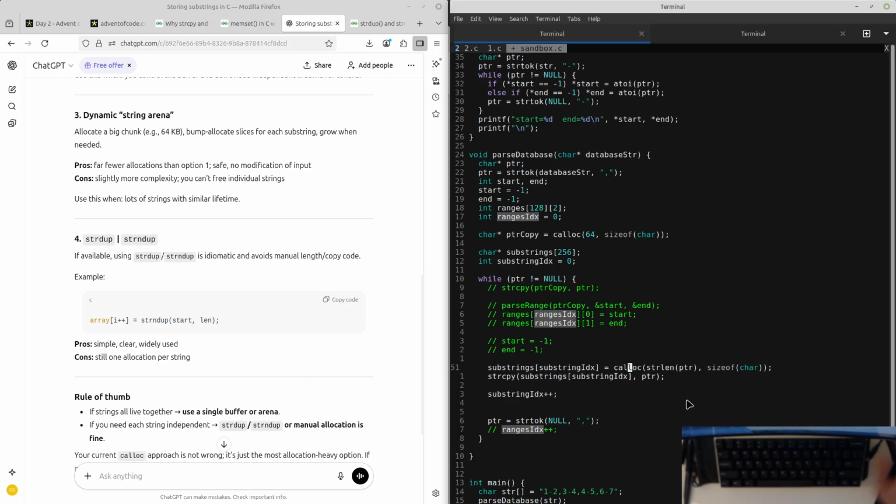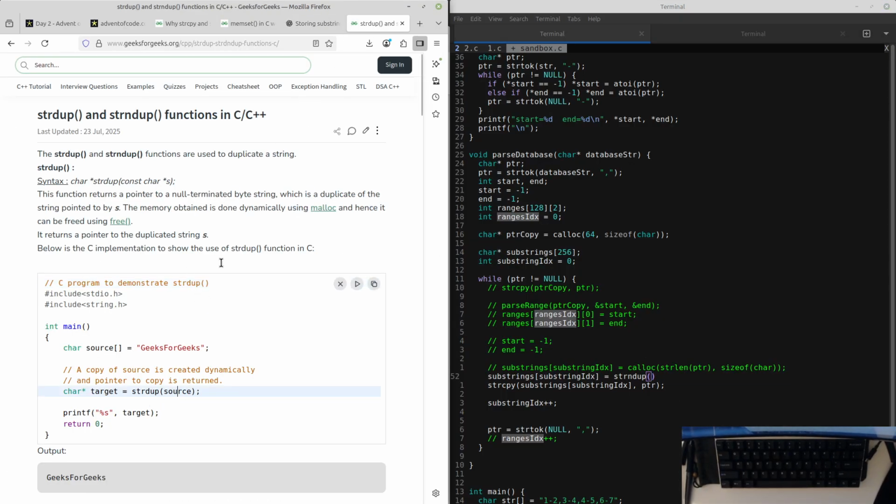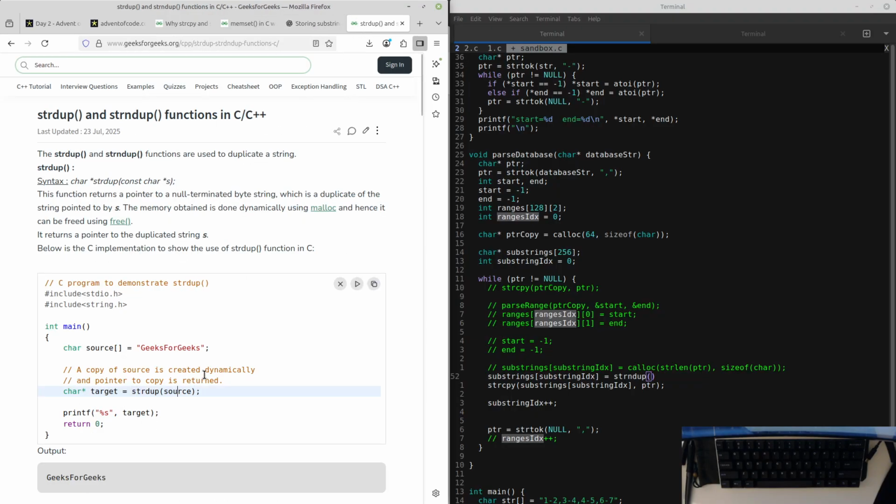So instead of calloc'ing, I can just duplicate. Well, it'd be start and end. It's different because I don't have a